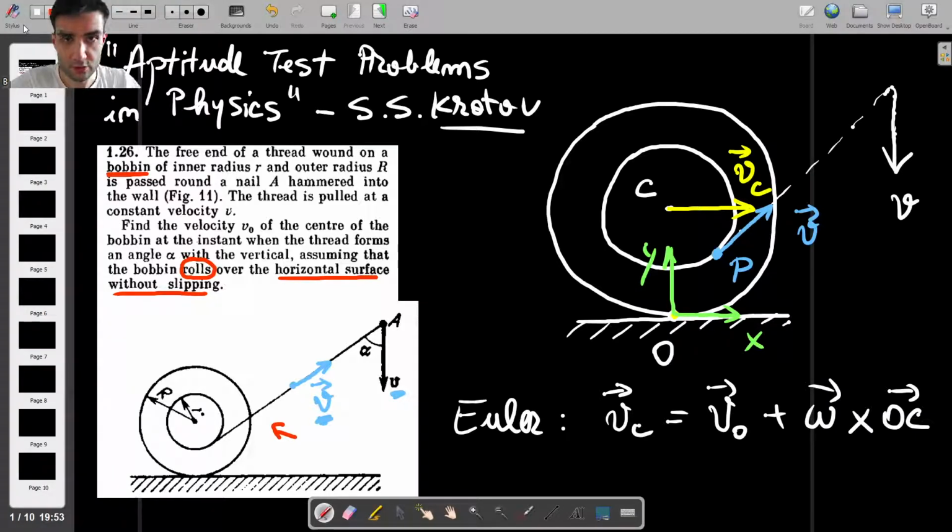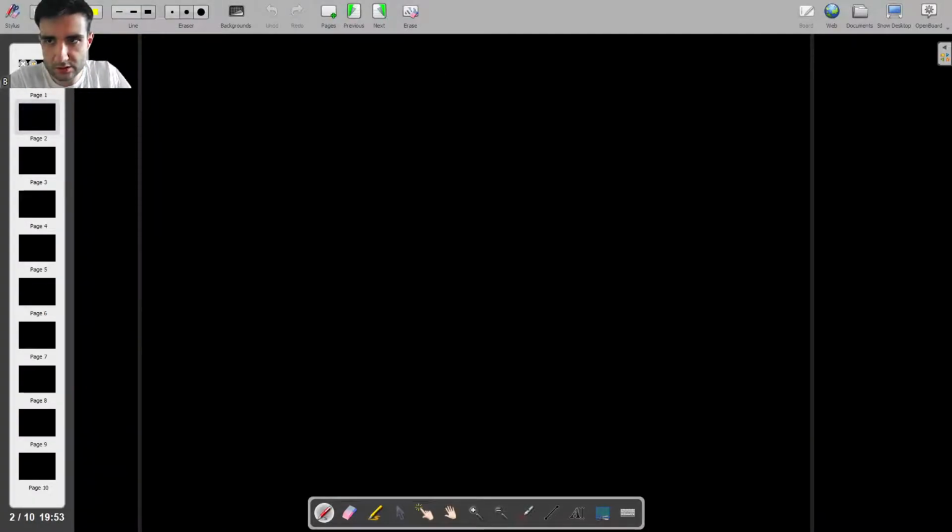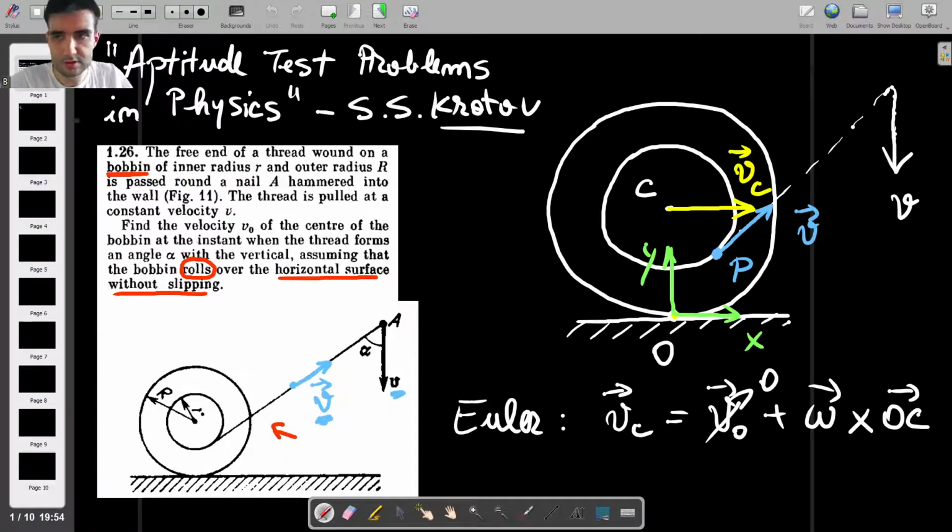And we know VO, right? We know that this is 0 because there's no slip, which will give us VC equals omega